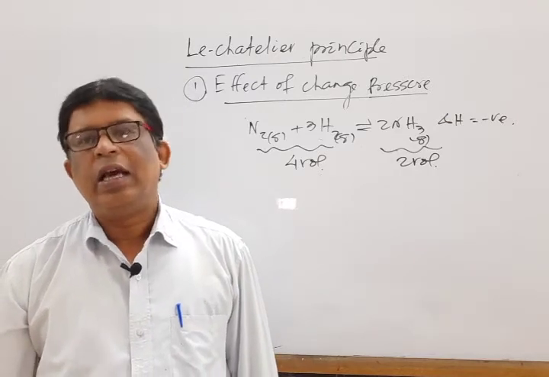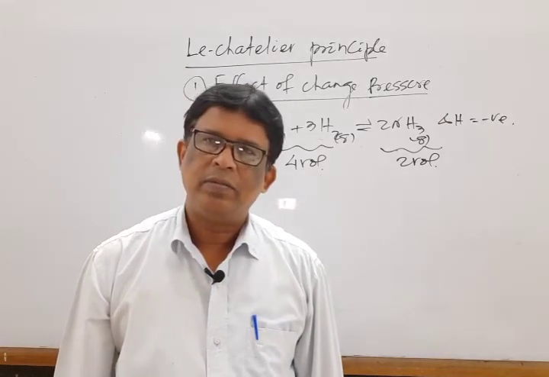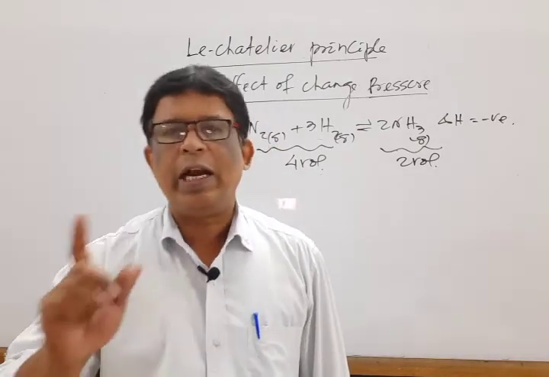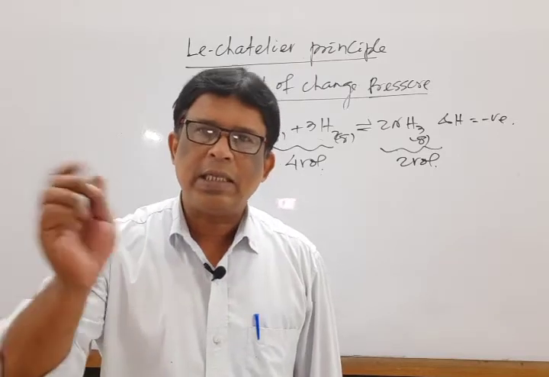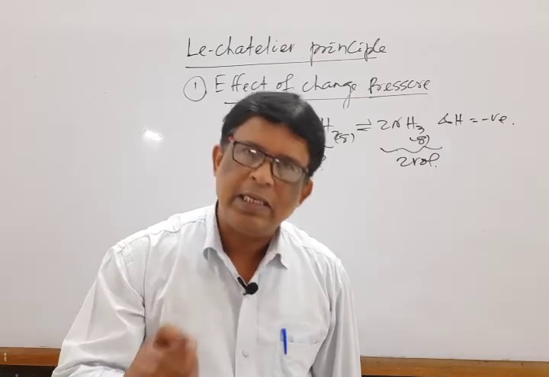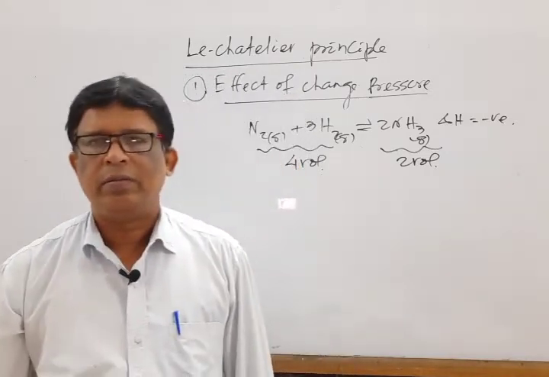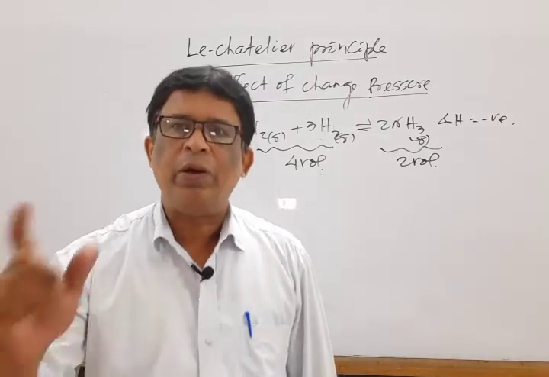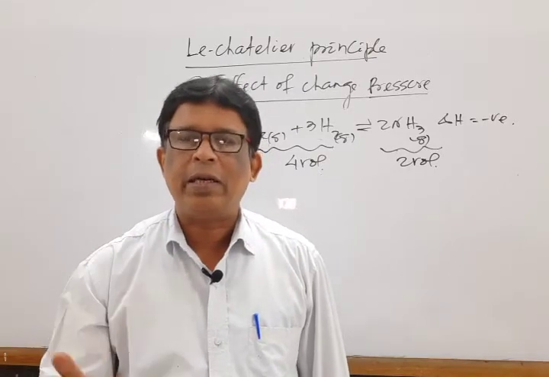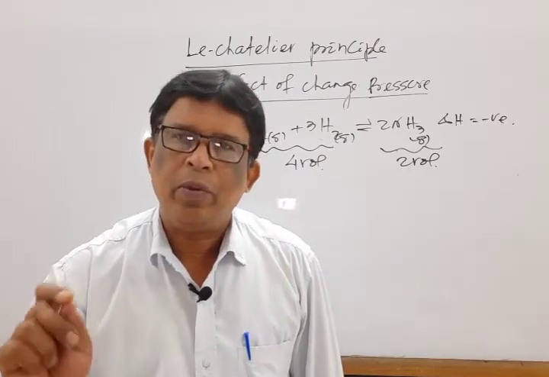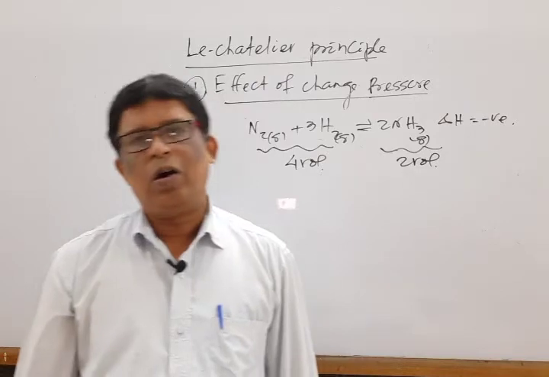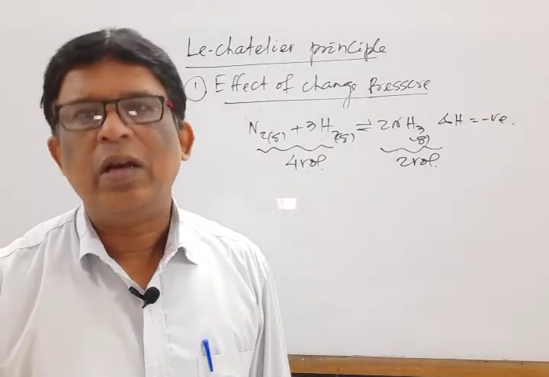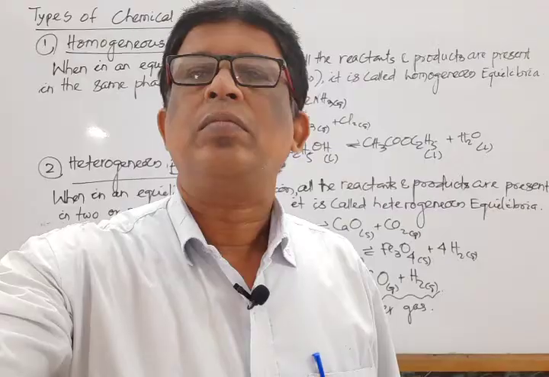And last is effect of catalyst. Catalyst, we know, is a species which alters the rate of reaction. If it increases, then it is known as a positive catalyst. If it decreases, it is known as a negative catalyst. So, catalyst only changes the rate of reaction but does not affect the equilibrium point. It is all about the long question on Le Chatelier's principle. Next, segment 2, start writing one by one.